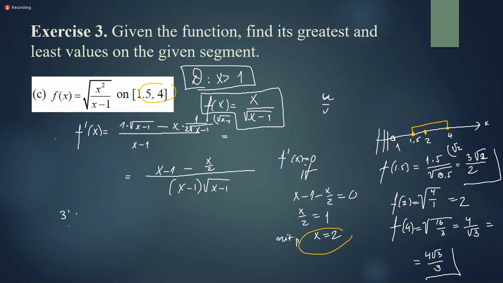So 3 square roots of 2 divided by 2 compared to 4 square roots of 3 divided by 3. Let's multiply both sides by 6. So I have 9 roots of 2, or multiply by 6, I have 8 roots of 3. Now I can bring these numbers inside. I have square root of 9 squared is 81, so we have 162 when we bring this into the radical, and here we have 64 times 3 is 192. So it will be this. So that means